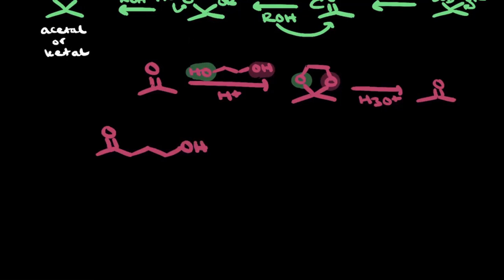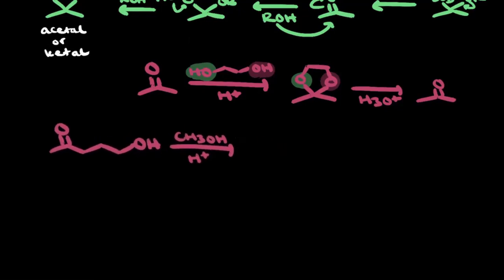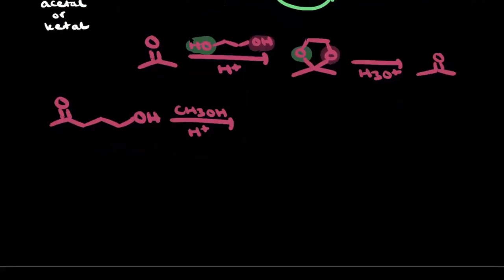Okay, 1, 2, 3, 4, 5. Let's say I went ahead and used, let's see, methanol, for example, and acid. Essentially, what would happen with this? I guess since this shows up on a lot of exams, I'll just quickly draw the mechanism for the intramolecular one. But essentially what happens